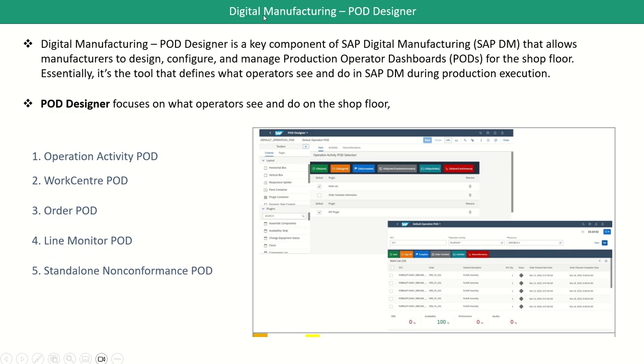The next component is Digital Manufacturing Pod Designer. So Pod Designer is Production Operator Dashboard Designer. So let's first understand what the Production Operator Dashboard is. The Production Operator Dashboard is the user interface that an operator or supervisor uses to perform the shop floor